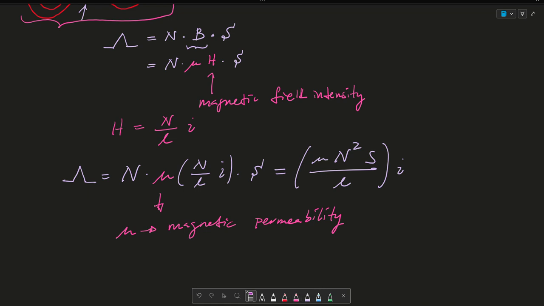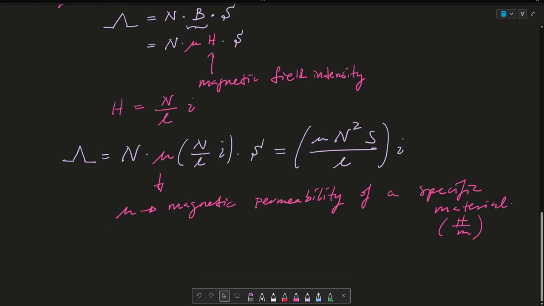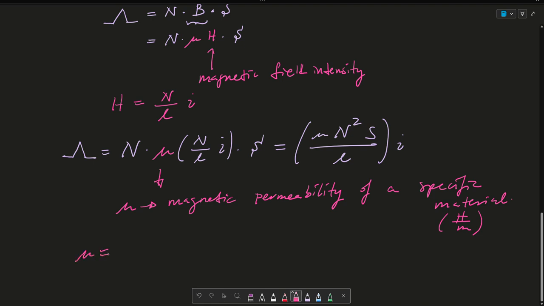But a magnetic permeability of a specific material. Okay? And the units of this are Henry over meters. All right? And we consider that mu is equated to mu r times mu naught,